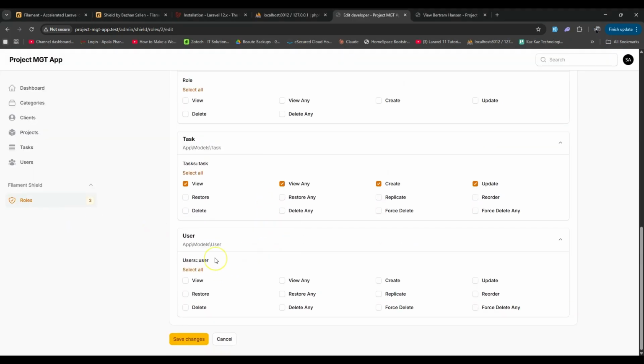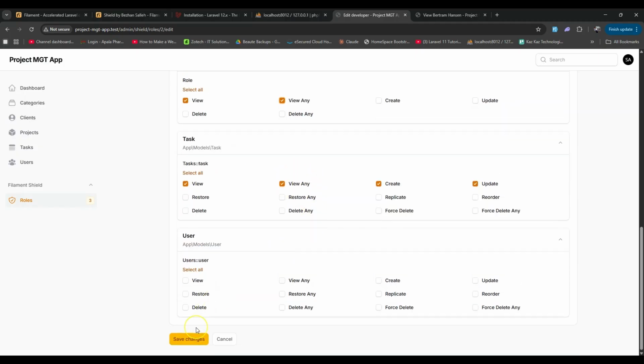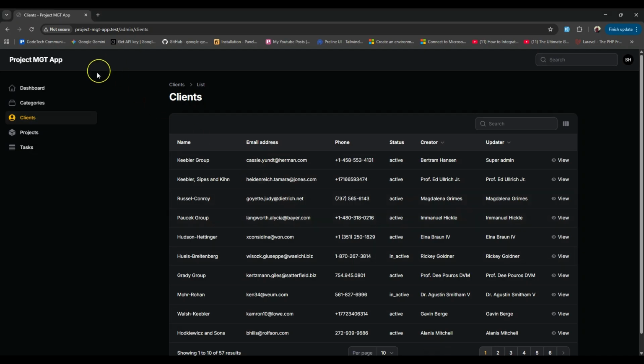So you can see here, the developer does not have access to view the roles and permissions. But if we add the view permission and save, okay, this will give you a notification. And now if you go back here and refresh,